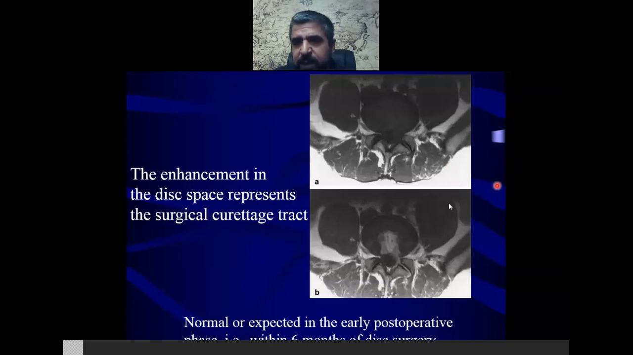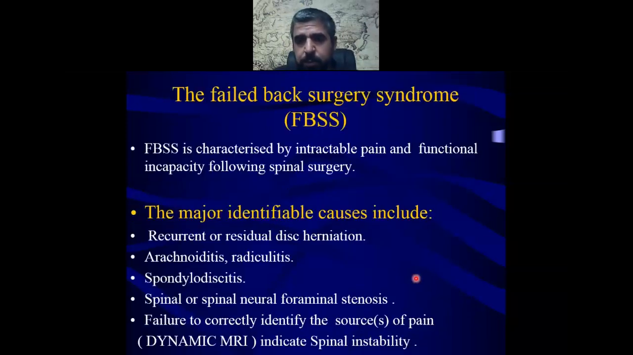So this is extension of the scar tissue into the curettage tract. Also, this is expected in the first 6 months. So if you see it, this is not an abscess, not spondylodiscitis. It is just granulation tissue or scarring or fibrosis, whatever you like to call it, extending into the intervertebral disc at the site of the curettage. They curetted the disc, removed the disc material, and it was filled by granulation tissue. Now,